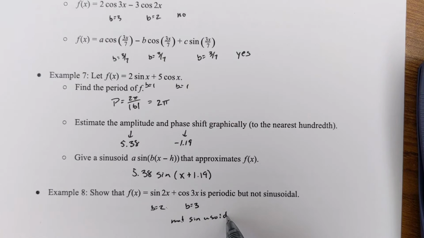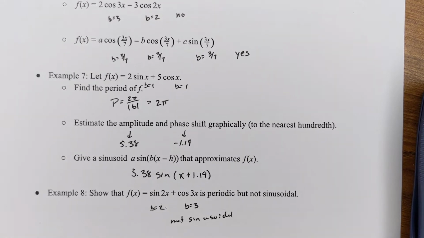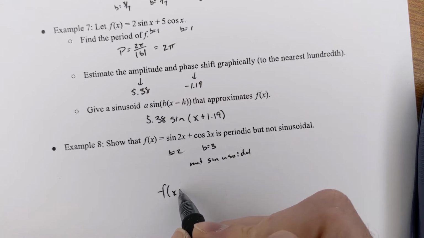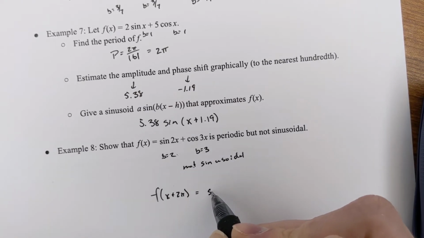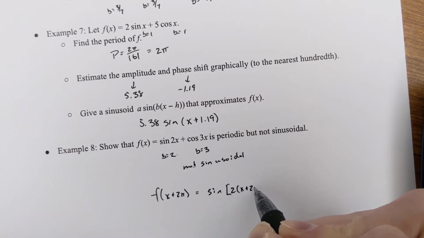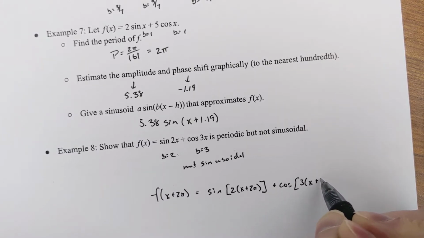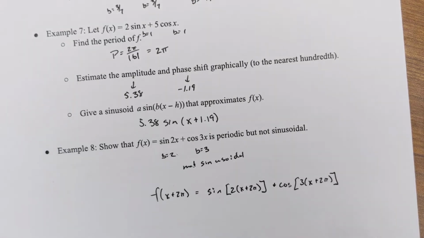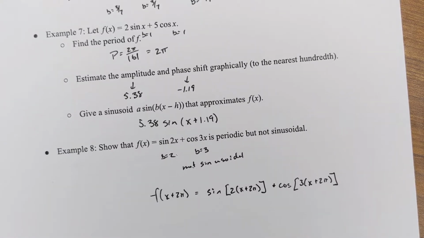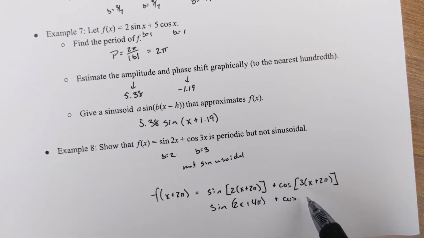So not sinusoidal. To show that it's periodic, we just need to show that the function repeats. So essentially that's doing f of x plus 2 pi. So this becomes the sine of 2 times x plus 2 pi, plus the cosine of 3 times x plus 2 pi. So this would be the sine of 2x plus 4 pi, so distribute the 2, plus the cosine of 3x